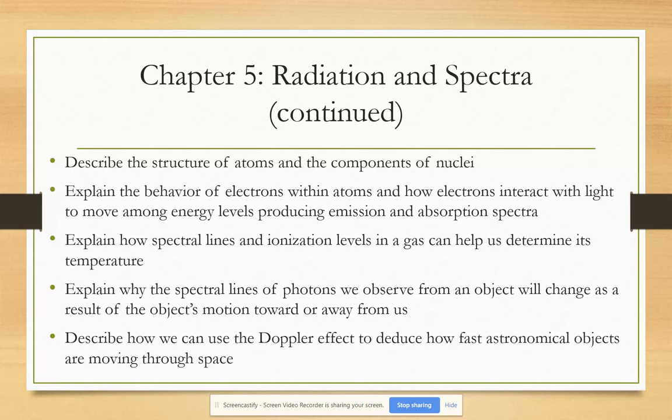So you can not only determine what gases you have, but what the ionization states of those gases are by looking at the strength of the absorption or emission lines. Now there is another thing. You can determine the temperature. This is actually how astronomers determine the temperature of a star. They look at the relative strength of absorption and emission lines,